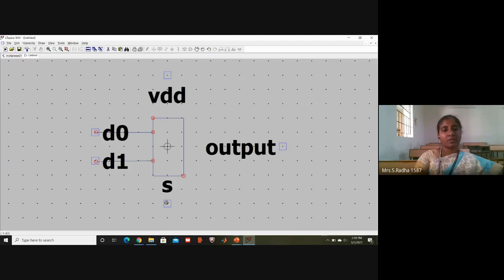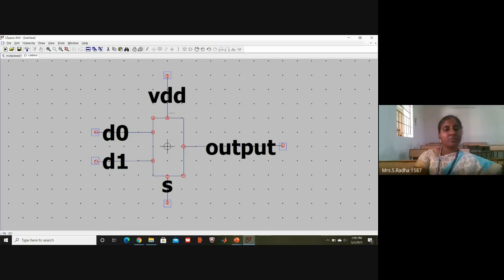From the starting point you click and drag, and at the ending point click, then escape. Do the same on the output side.